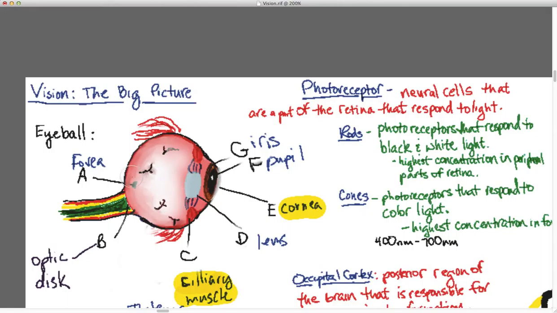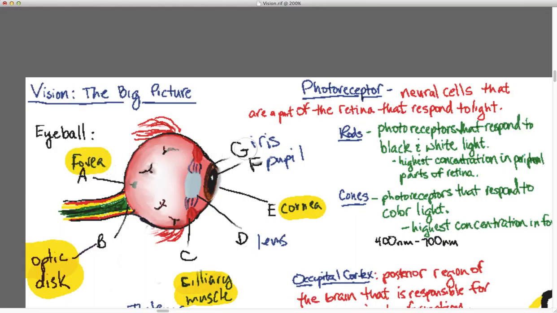And I'll go into the different layers of the retina in detail, but basically there are layers that start with the ganglion neurons that go back to the optic disc and then end up at the outermost layer with the photoreceptors that actually receive the light and change it into an electrical signal that we can perceive with our brains. So you would think it's the other way around, and we'll go through that detail in a little while. But that optic disc here is going to be the source of your blind spot, and the fovea is going to